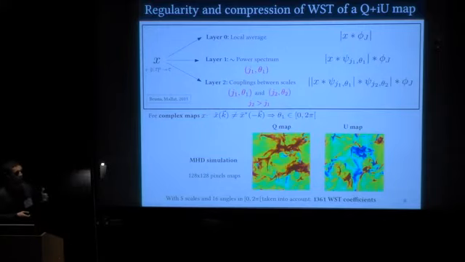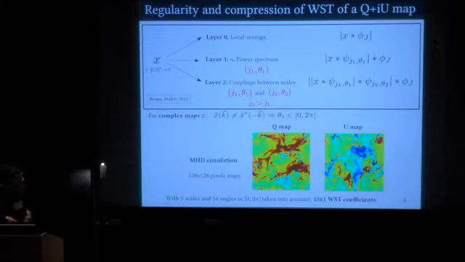I remind you the expression of the wavelet scattering transform of a complex field. This transform depends on some wavelets defined by scales j and angle theta. There is also a Gaussian filter phi, which behaves like a windowing function. The WST coefficients are split into 3 layers. We first capture in the first layer the local averages of the field. In the second layer, we get information that corresponds to the power spectrum of the field. And in the third layer, we capture information bound to the couplings between scales.